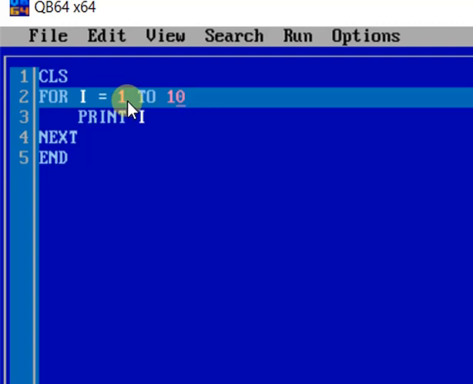When it becomes 11, it will not come inside the loop because the condition has already been satisfied. So it will jump from this for statement directly to end, and the program ends here, giving you the sequence of the natural numbers 1 to 10.